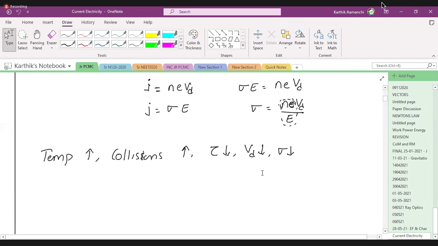So right now, please understand, if anybody asks you the question, why does conductivity decrease when thermal agitation increases? You tell them, you are giving temperature, so obviously you are giving energy to the material. The electron absorbs the energy. Now this electron has high kinetic energy, but it goes and hits the wall. Then when it comes back, to reach maximum velocity it doesn't have enough time, because by then a collision happens again. So how is that possible?